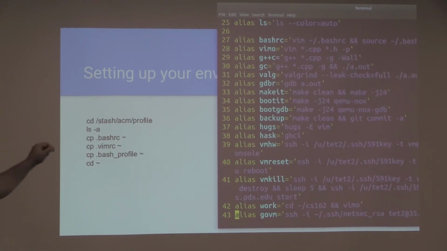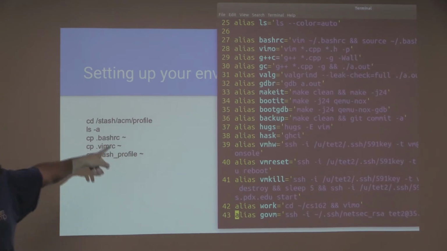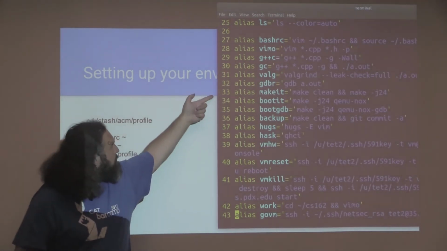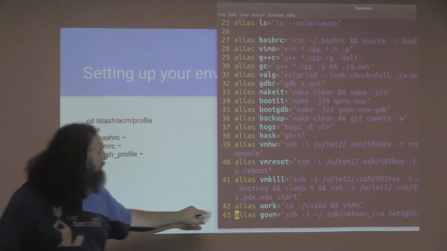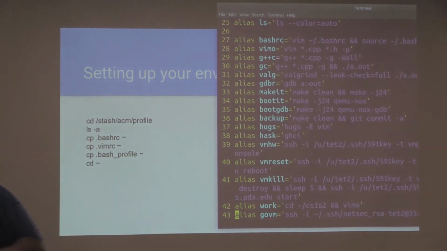But it is something to be very careful with. One of the things I want you to take away is, when you are writing out a certain line of commands, if you're doing it continuously, I want you to think about making an alias for it.